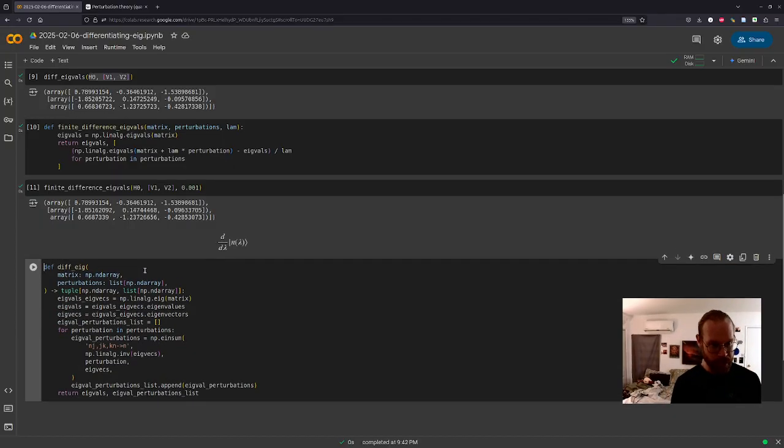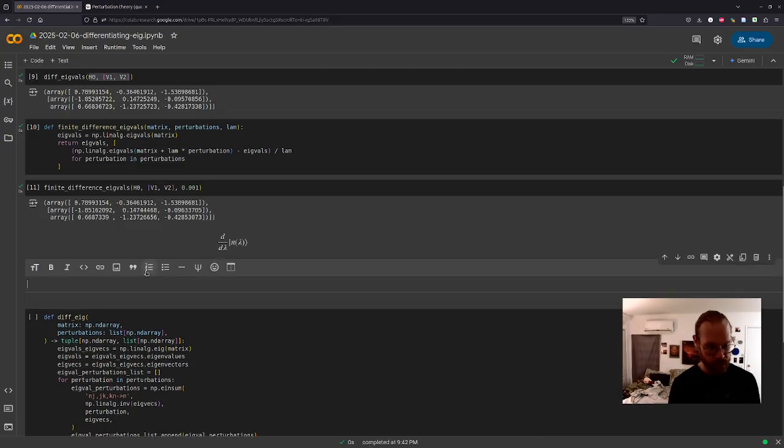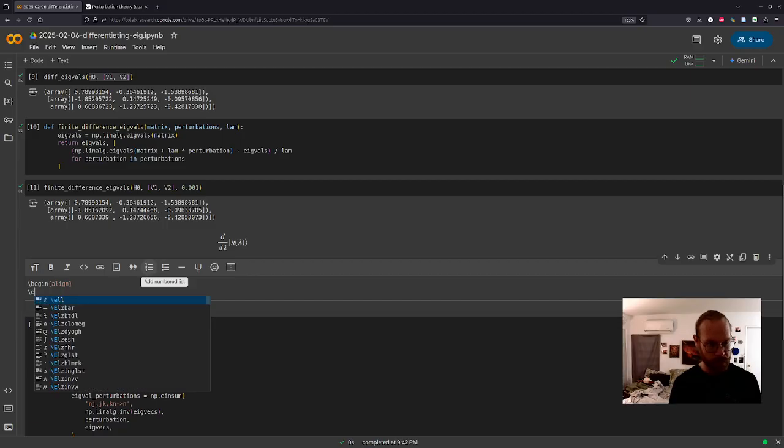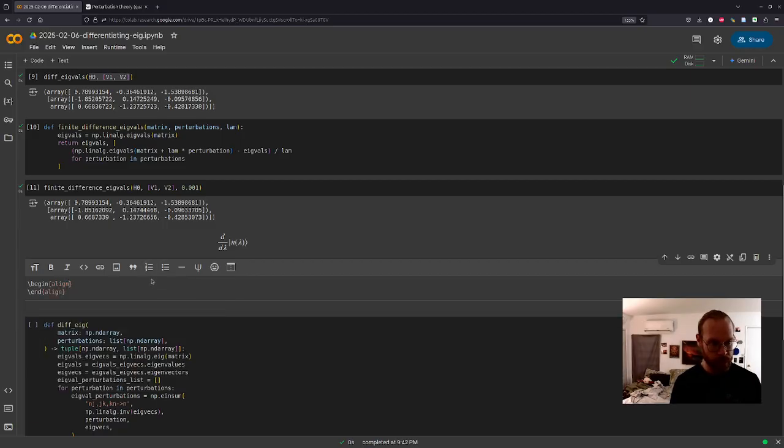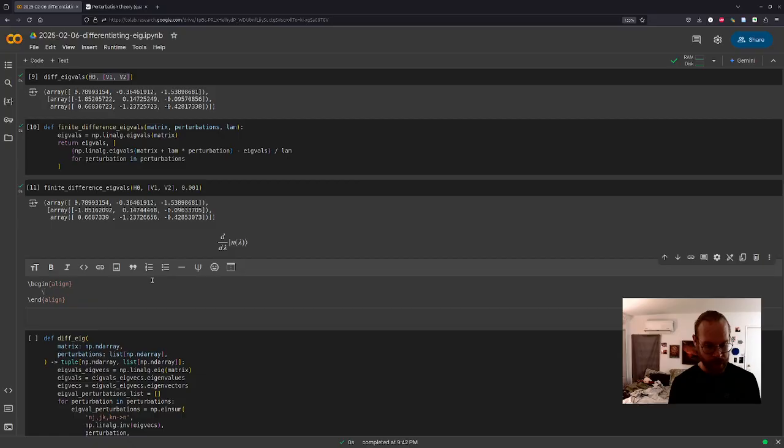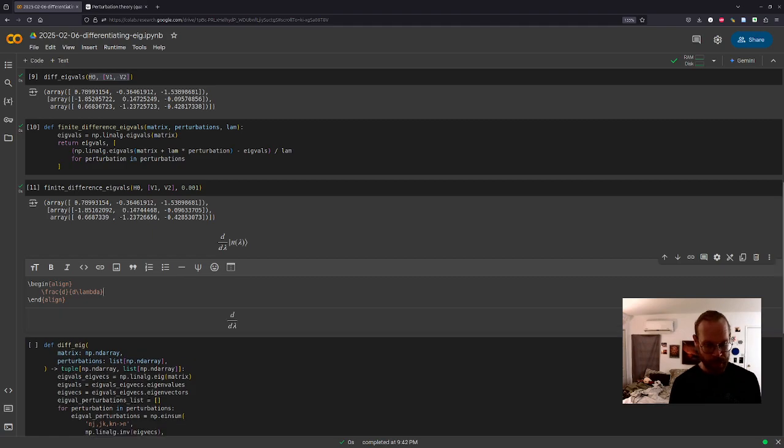So what we actually want to do is calculate the derivative with respect to lambda of the outer product of these things, n of lambda.